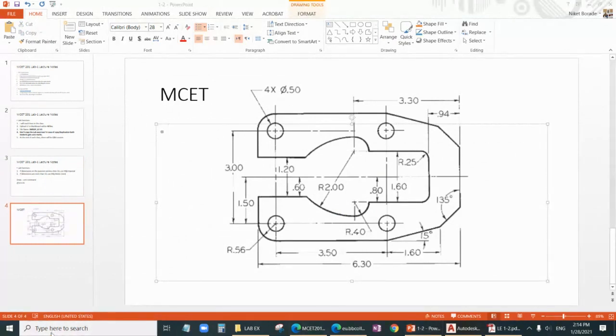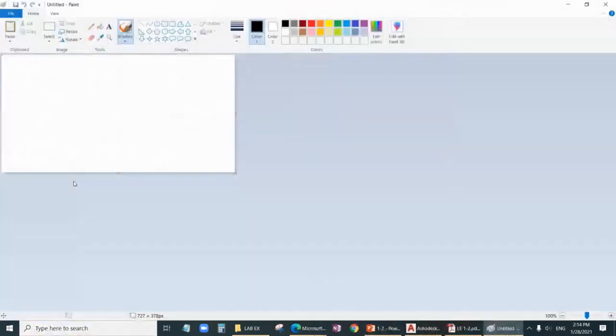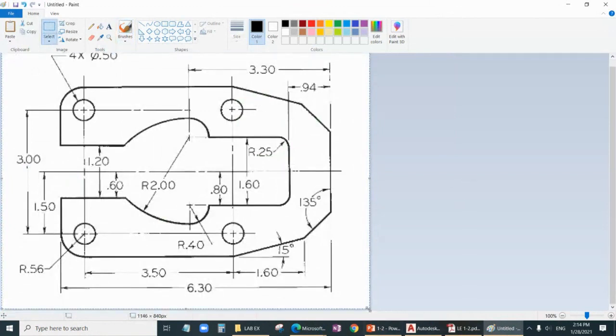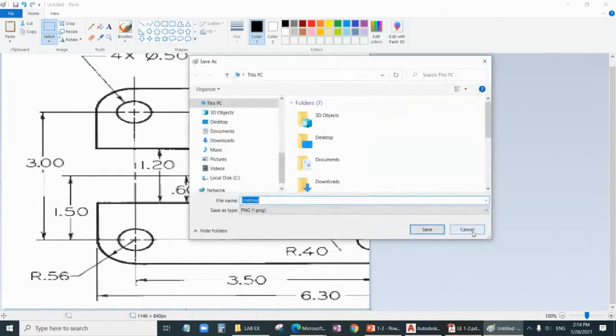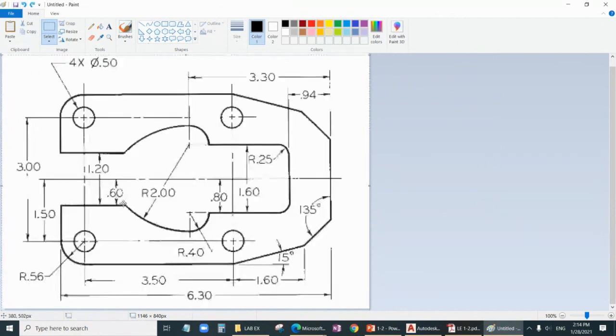And the paintbrush actually first. And what AutoCAD does is,